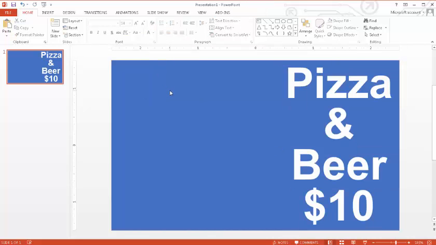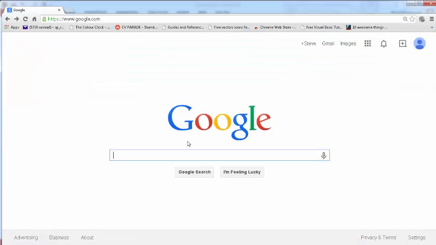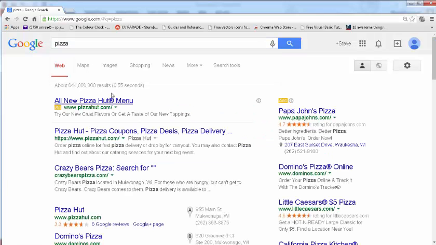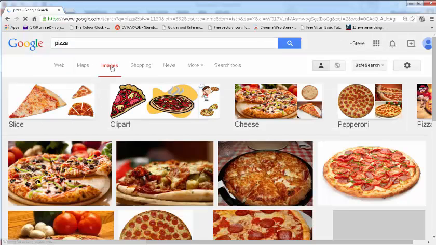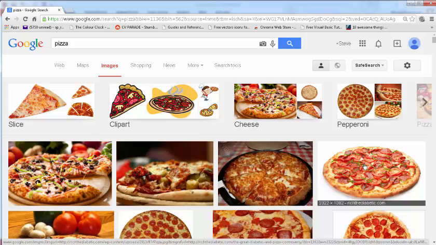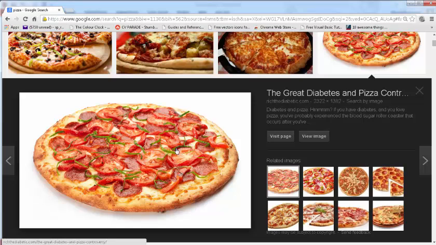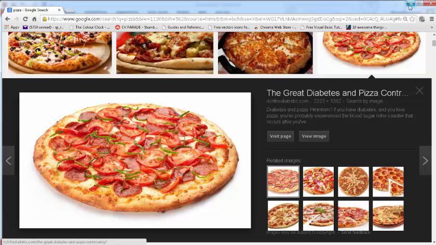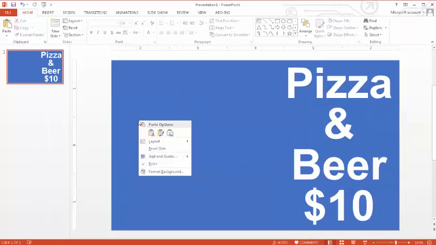Now I want to add an image to my template. I do that by going to Google. I'm going to go ahead and search for a pizza image. Click on Images. See all these great pictures. I want to then right click over the image, or left click on the image I like, and then right click over it to copy it as an image. Let me minimize that, and I'm going to go ahead and paste it